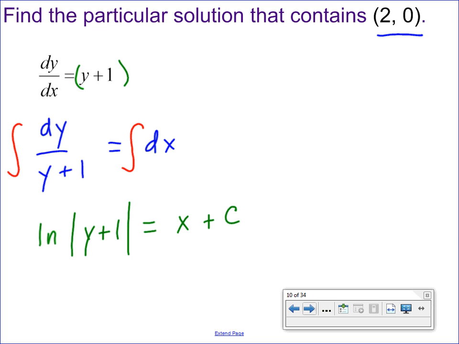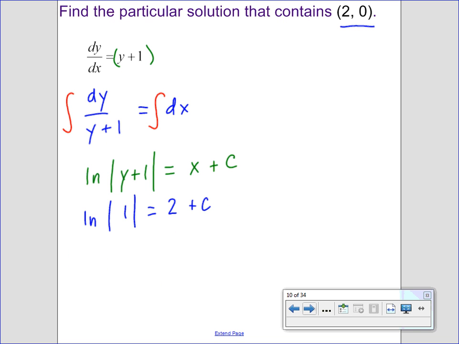That means that the natural log of 0 plus 1, which is 1, equals x, which is 2, plus c. The natural log of absolute value of 1 is the natural log of 1, which is 0. 0 minus 2 means that c equals negative 2. Is that what you guys are getting? C equals negative 2? Yeah? Awesome. So we'll go ahead and rewrite